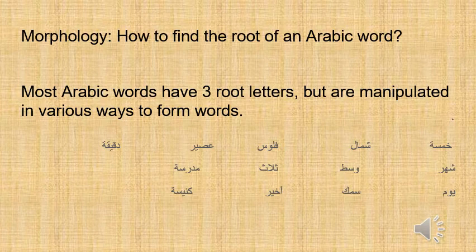Most Arabic words, and this is one of the defining characteristics of the whole language group that Arabic is in, Semitic languages, that is Hebrew, Aramaic, Akkadian, Ugaritic, all these languages have a system of words based on triliteral roots. That is to say, most words in Arabic have 3 root letters,